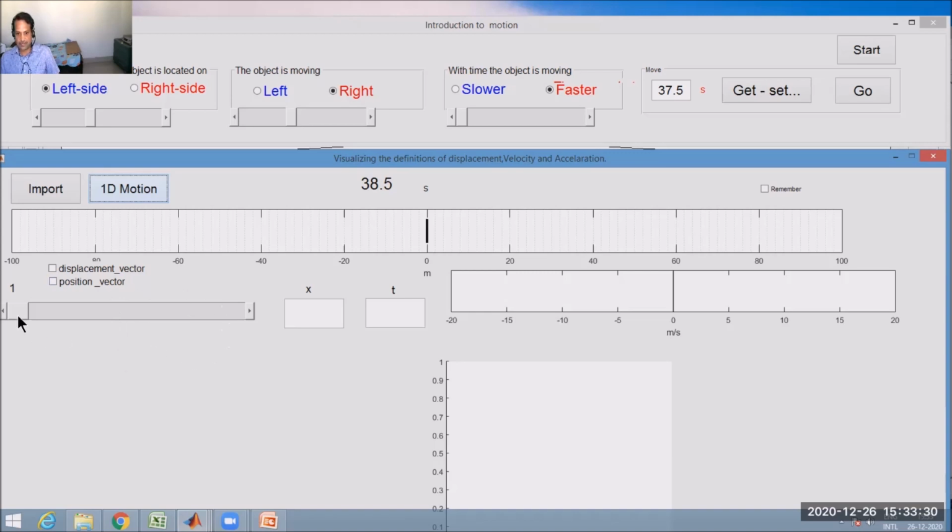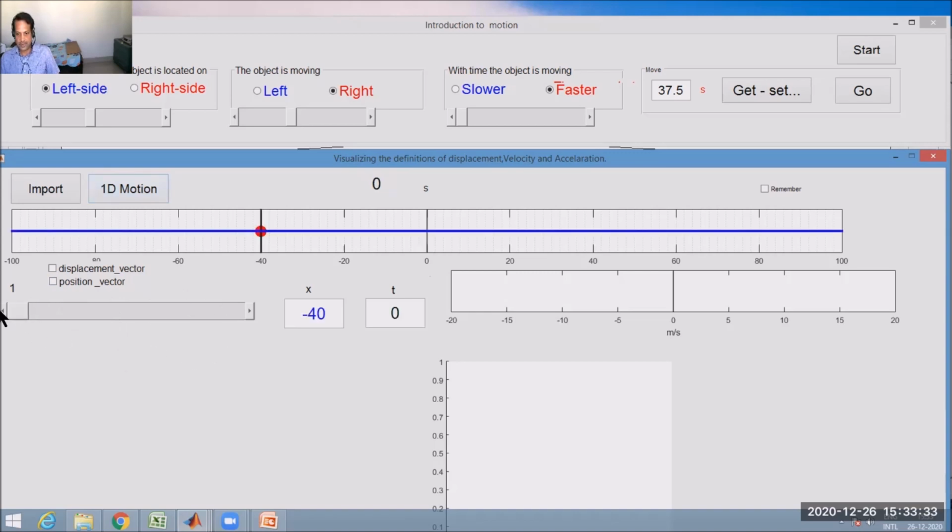What do I mean? Let me select a time. When it is on the extreme left, the object would be here. Now the object representation has been changed to a red dot, meaning that it will move towards the right. And this blue line indicates that the object is on the left side. Now this display over here tells us where it is. So this minus 40 contains both the information put together, that it is 40 meters away from this origin, and minus indicates it is on the left side of the origin.